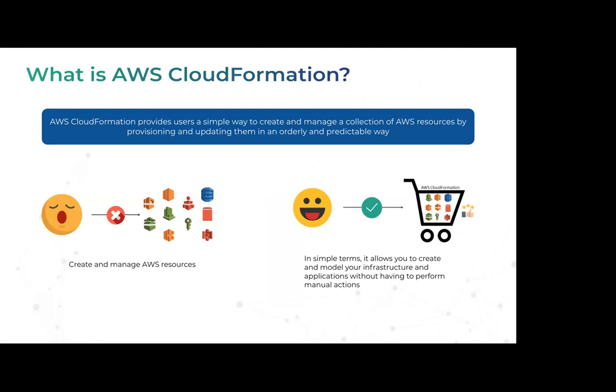A very simple example, which I always talk about when referring to CloudFormation. Let's say you land in a new job, and as part of your responsibilities, you have been asked to deploy 5 EC2 instances with the same set of resources. Maybe you have to install Google Chrome, Nginx server, and Python. These are the 3 resources you have to deploy on an EC2 instance, and you have to launch 5 such EC2 instances.